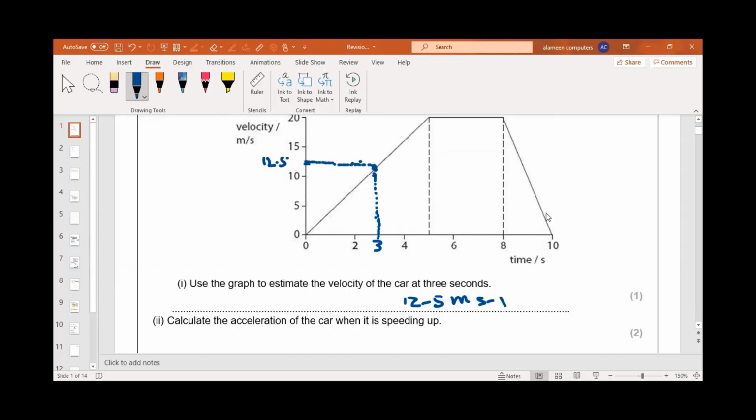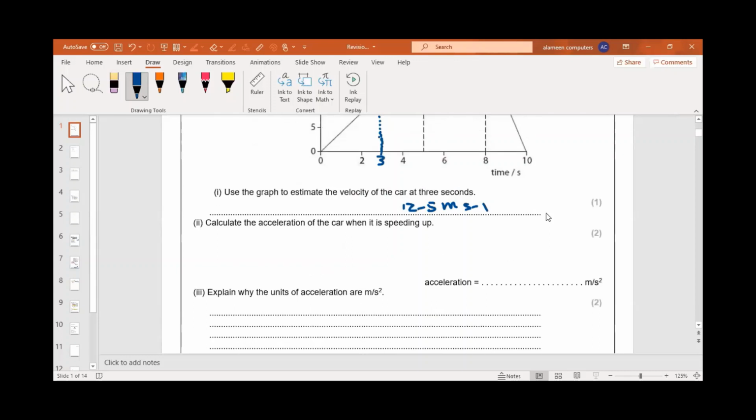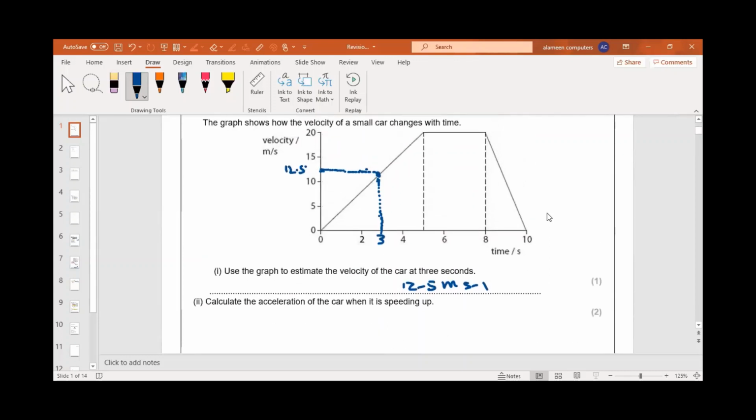Calculate the acceleration of the car when it is speeding up. How would you calculate the acceleration? Acceleration can be found from the gradient of the velocity time graph, right? So you can use the gradient. So acceleration is equal to the gradient of the graph during